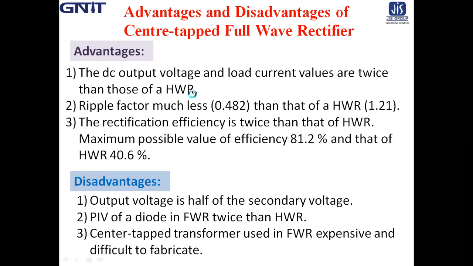PIV of a diode in full wave rectifier is twice than that of the diode used in half wave rectifier. And third and last point is center tap. In case of full wave rectifier, center tap transformer is used, which is very expensive